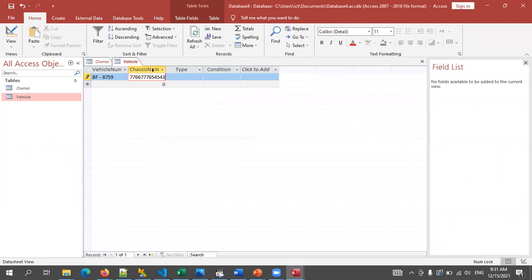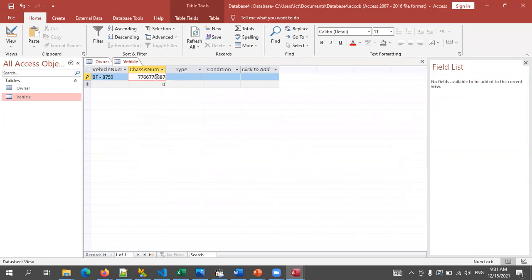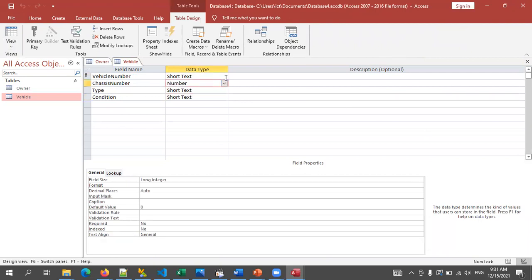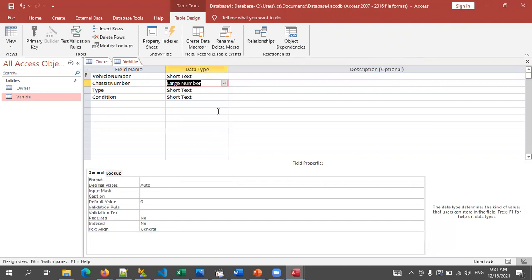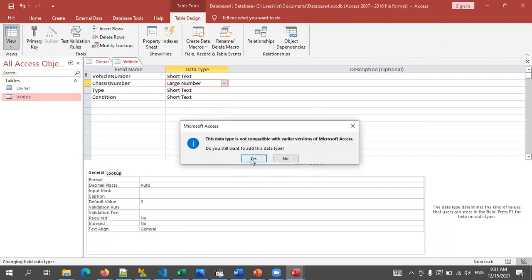Okay, because it's a large number. So then you have to change it. Right, children, the reason is here I have select number. So if you are going to enter a large number there, you have to select large number. Save it. Yes.